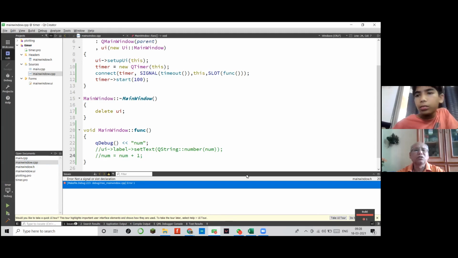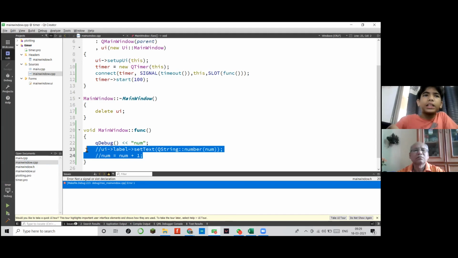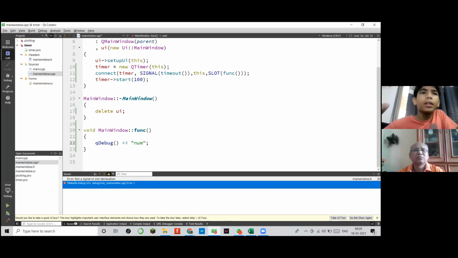You are giving num as a text input. Yes, sir. Why are you not directly putting this num as a number? It's giving some error, sir. This will just print num, not the value in num. So I'm just trying this first. For some reason, it's not working.